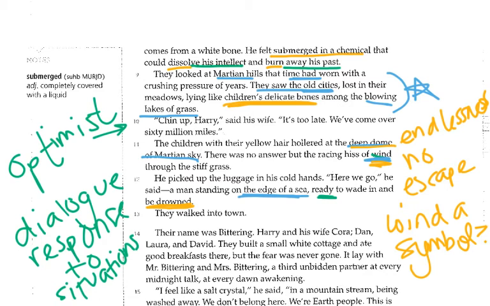And although we're only 13 lines into a massive story, I'm going to stop here. I want to zoom out and take a look at what I was doing while I was reading. So I annotated as I went. I really noted specific instances of Bradbury creating setting, of creating tone, and of creating characterization.